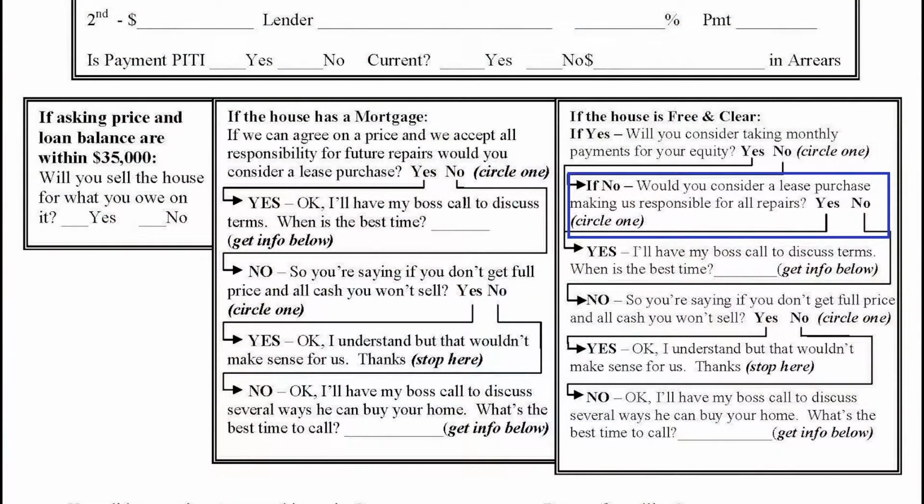Now, if the seller says no, I'm not interested, if you look right below, you'll see that it asks the lease option question, and the goal is to determine whether, if they're not interested in owner financing, they would be interested in lease options. And if the answer is no and no, then the seller screened themselves out. Of course, the ones that say yes are the ones that I'm interested in.